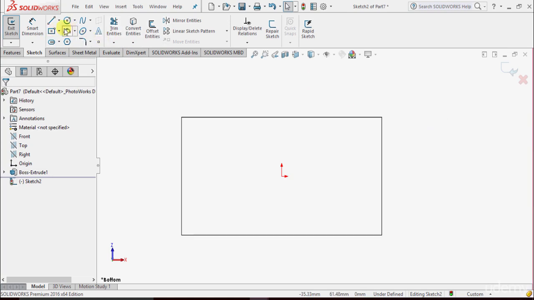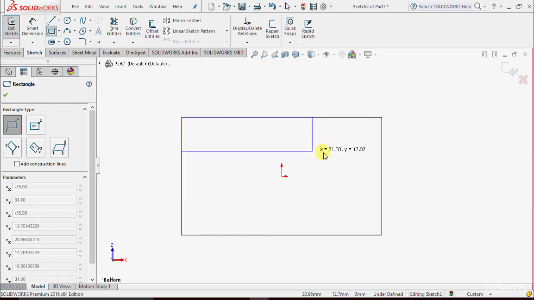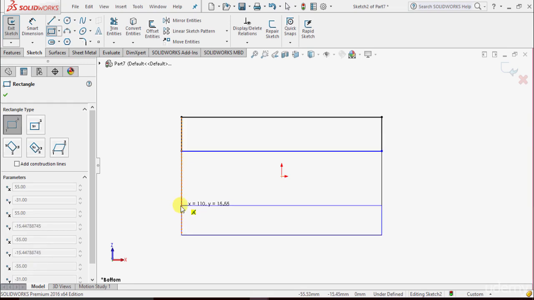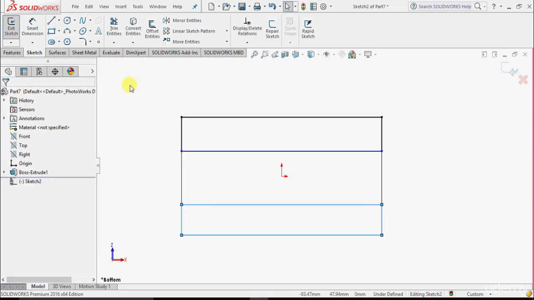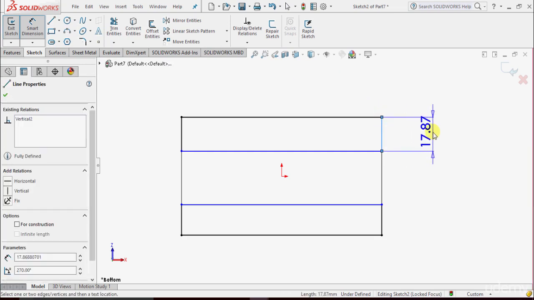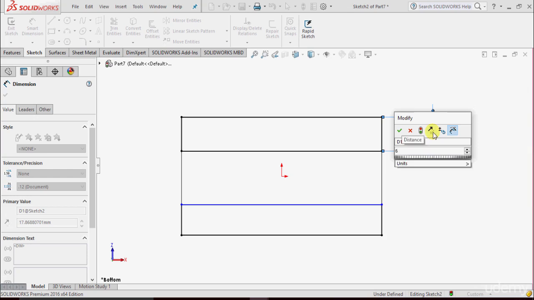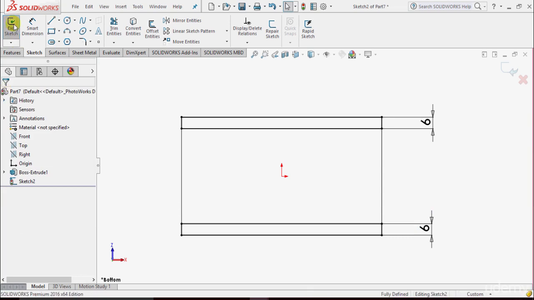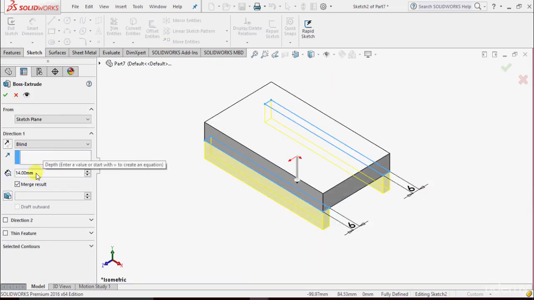From there, go to rectangle and this time select corner rectangle. From this end point, draw a rectangle, and once again from this end point draw another rectangle. OK, give it smart dimension. We have to give the dimension on this vertical. This value is 6. Press enter, and this value is 6, and then exit sketch. The extrude height is also 6 in this case, and we have to check merge result because we want to merge them. OK,